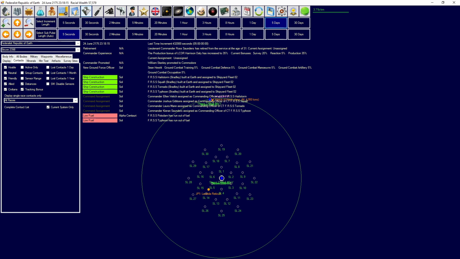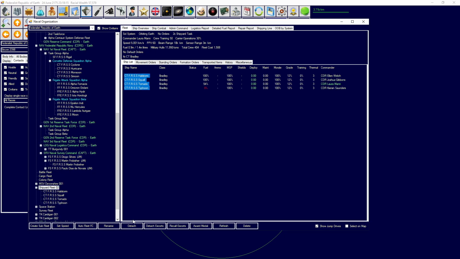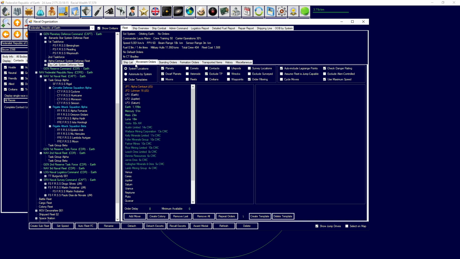Okay, 4 more Bradleys were just completed. Your job now, Bradleys, is going to be detached. Go under the Planetary Defense Command, be renamed to Taoseti System Defense Fleet. And then you are going to be sent...